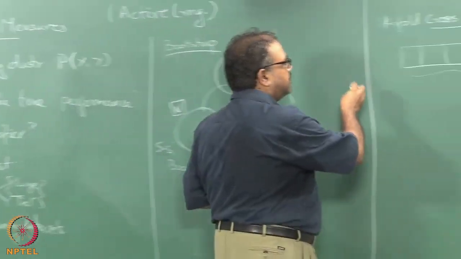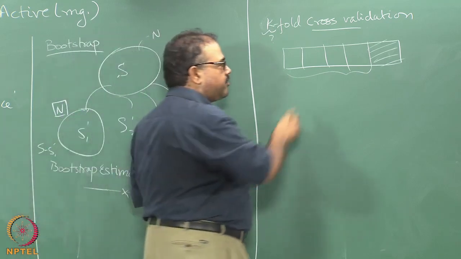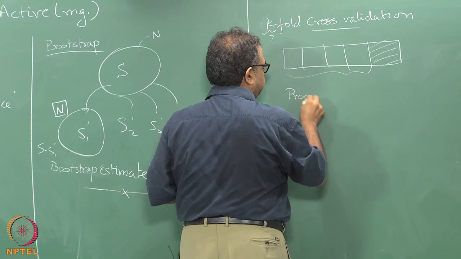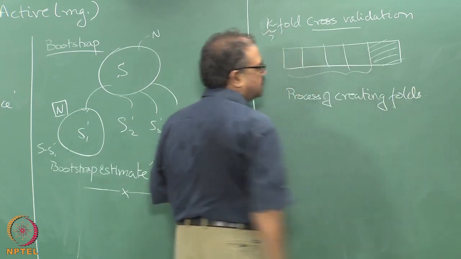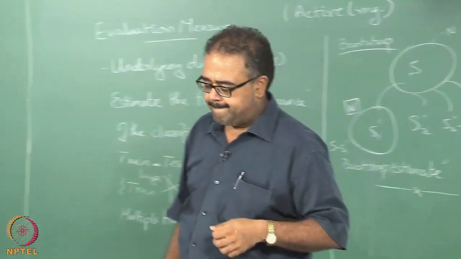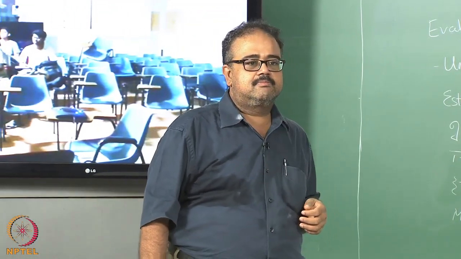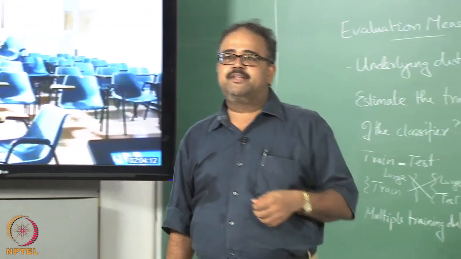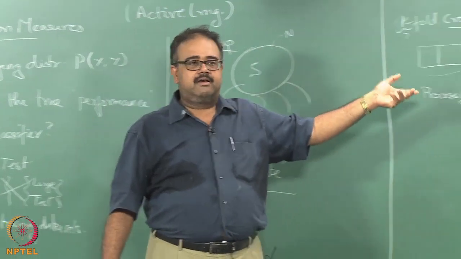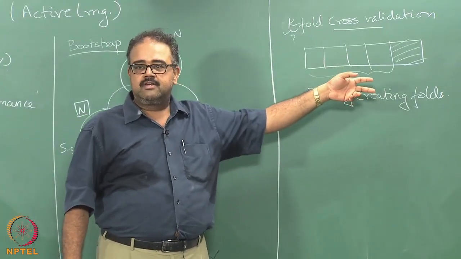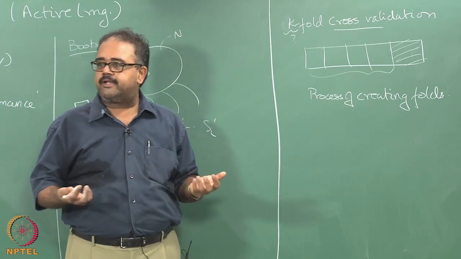The first one is, what is k, and the second one is the actual process of creating folds. So what should be k? Five to 10, yeah, okay. Those are the numbers typically used, 5 or 10, and depending on the number of folds you have, you have stronger variance reduction properties. The more the number of folds, the more the variance reduction property, provided the folds are large enough. If you have k data points, there is no point in creating k folds,